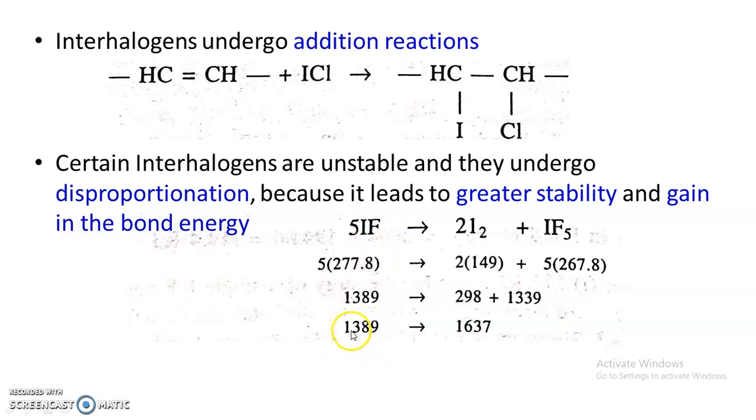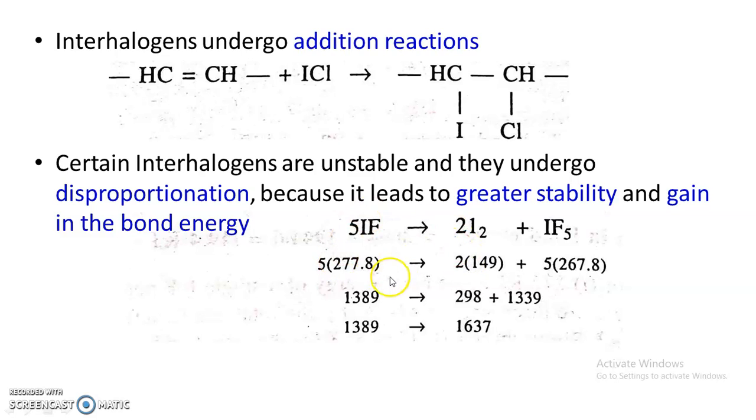So for the reactant it is 1389, and the sum of bond energy for the products is 1637. So the bond energy of the products is greater than the bond energy of the reactant, and therefore there is some gain in bond enthalpy, and the reactant has a tendency to form the product,